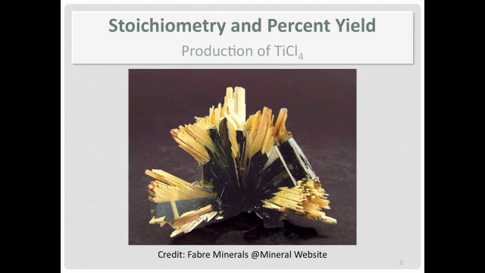Here's a picture of yellow crystals of rutile on hematite. And rutile and ilmenite are two very important minerals that industry mines when it comes to the production of titanium. I've got a link at the end of this podcast to a video which describes the Kroll process, which is a very common industrial process for the production of titanium from titanium 4 chloride. It's very interesting. If you've got a few minutes, I urge you to watch it.